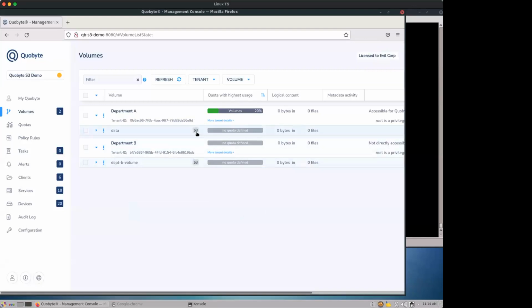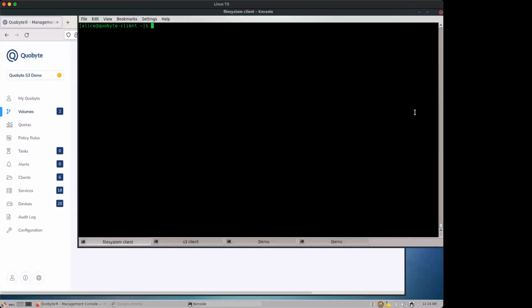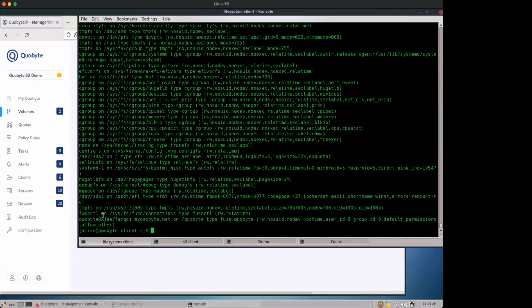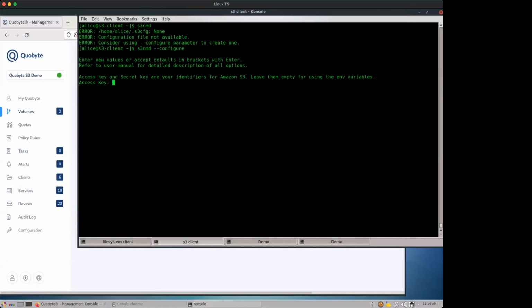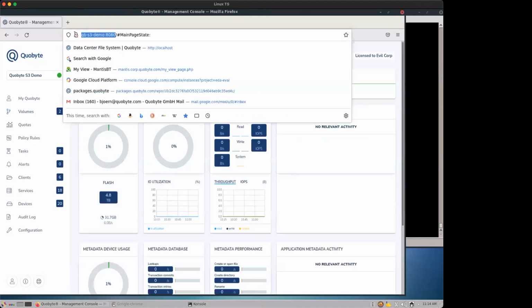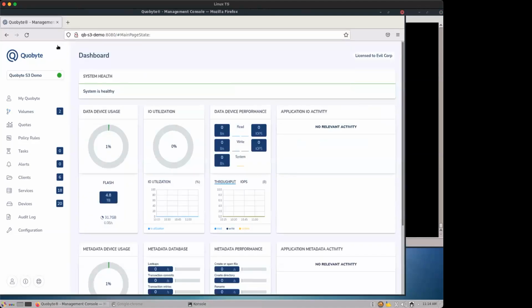bucket data. So the next step is that I have a file system client where Quobyte is mounted. You can see that here. It's mounted at /quobyte. And then I have another client machine with Alice where we will do the S3 access with S3cmd. Of course, we need to configure that first. And for that, we need to create an access key for user Alice. So to do that, I'll log into the Quobyte user interface